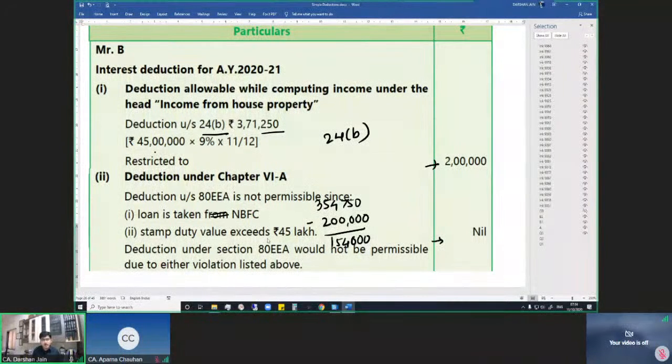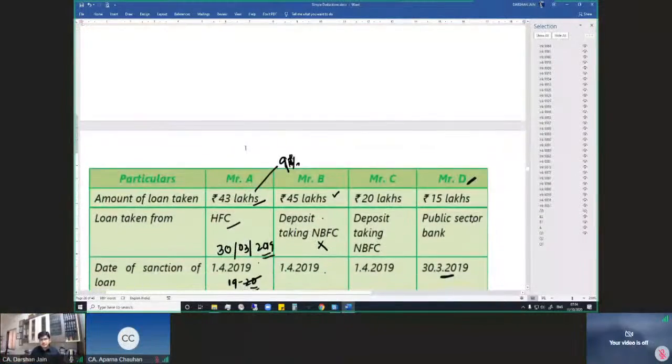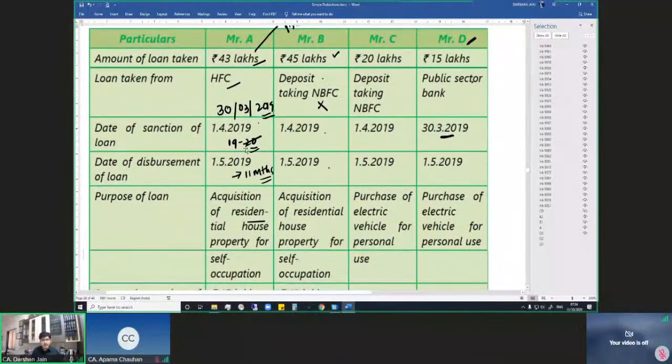And see, there are two contraventions of 80EE. One is it is not taken from a specified financial institution. Two, the stamp duty value exceeds 45 lakh rupees. Then in case of Mr. C, he has taken a loan from a deposit taking NBFC of rupees 20 lakhs, the date of sanction is 1/4/2019. That is the period in which the loan is sanctioned, financial year 19-20. So he qualifies the condition of